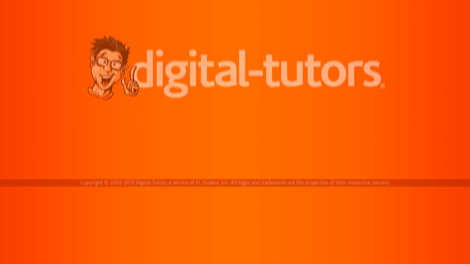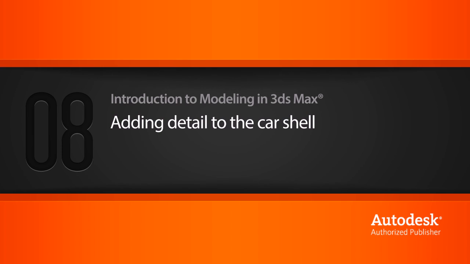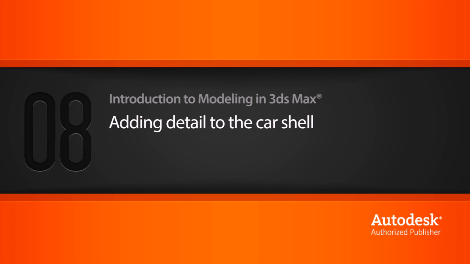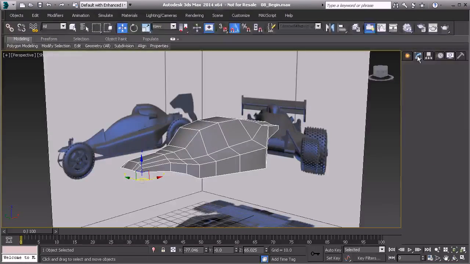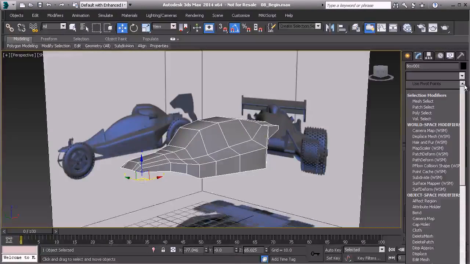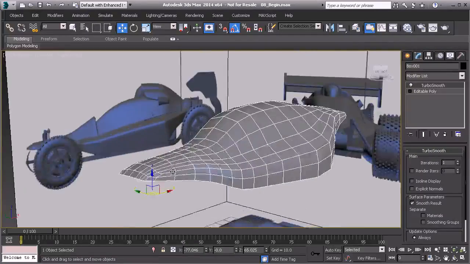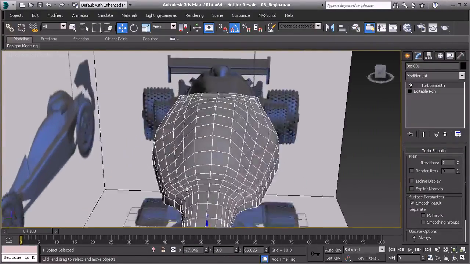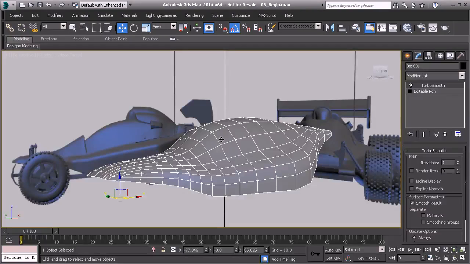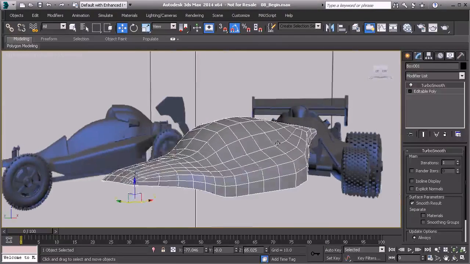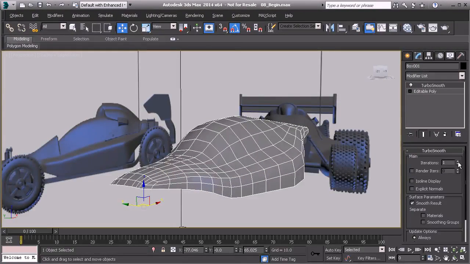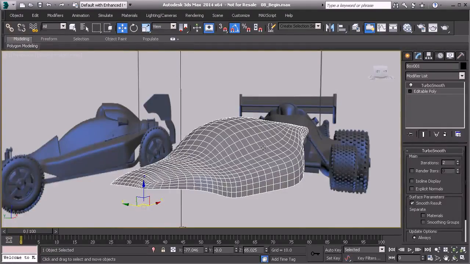In this lesson, we're going to smooth out our car shell and add some initial detail by using subdivision modeling techniques. Alright, so to get started with this, let's select our car shell, and we're going to go to the Modify panel and add a modifier called Turbo Smooth. Now, Turbo Smooth is going to smooth this out, and you'll notice that it adds more geometry to smooth that out. And if we bump up our iterations up to 2, we'll get even more geometry, and it smooths it